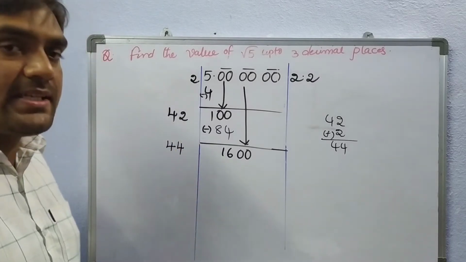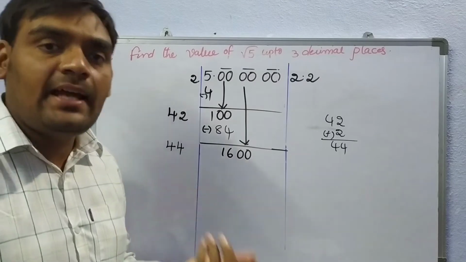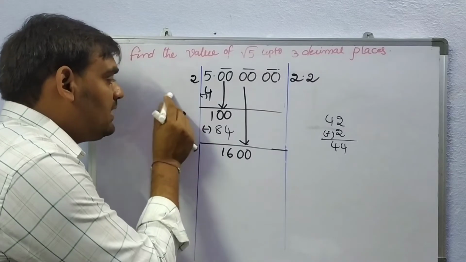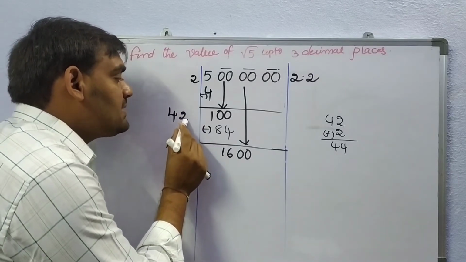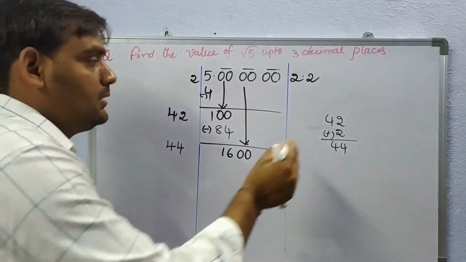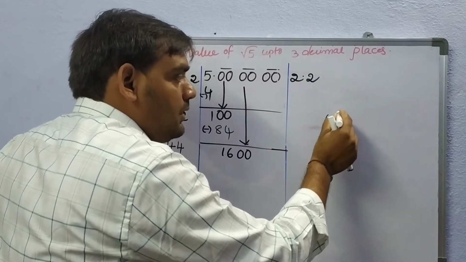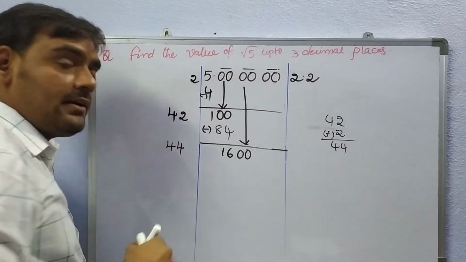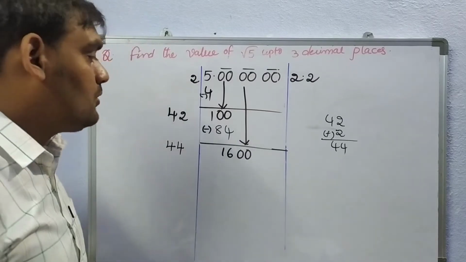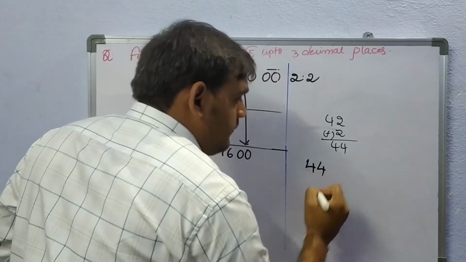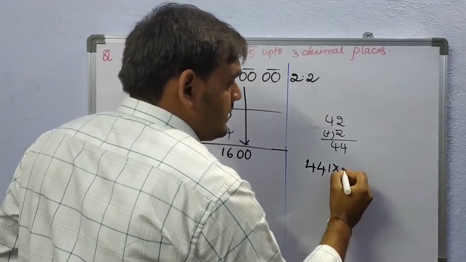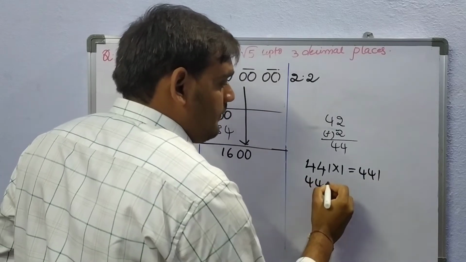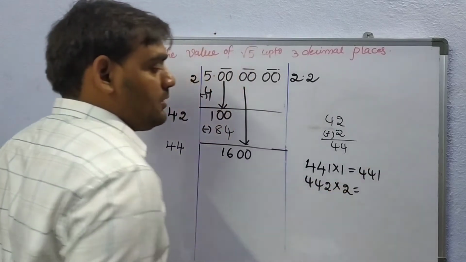Next, whatever number we are writing beside 44, we need to multiply with that one. How did I get 44 here? Previous divisor is 42. So the unit digit we need to add to the entire number. For the 42 the unit digit is 2. We need to add, we will get 44. We must write here. Next, whatever number we are writing beside 44, we need to multiply with that one. So here I am writing 44 after 1. So I will get the entire number, I need to multiply with 1 only. So 441. Next, 44 after 2, I need to multiply the entire number with 2 only.